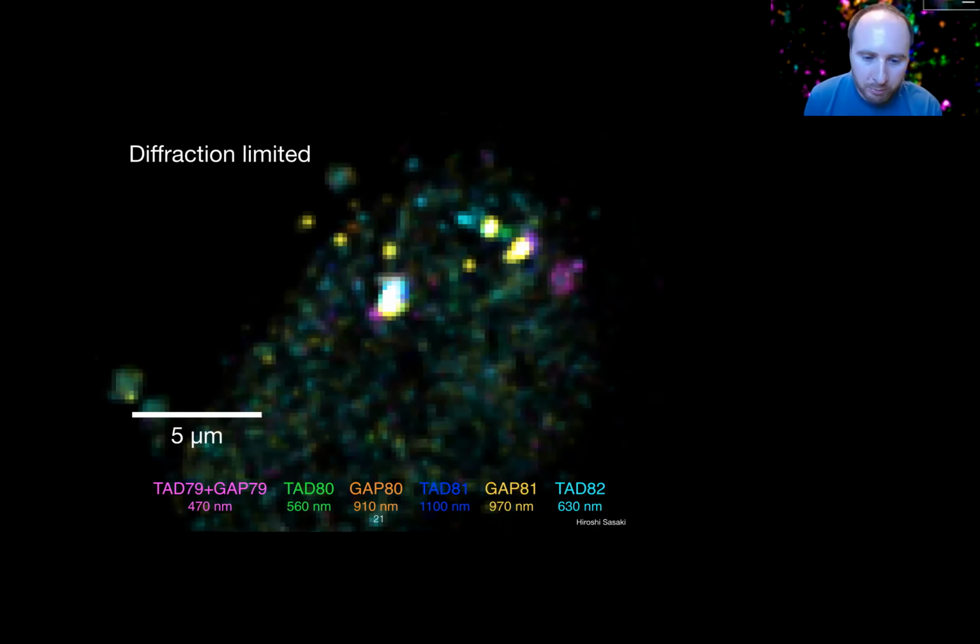So we went ahead and used the same multiplex approach to do 6-color imaging on, in this case, human tissue culture cells. So this is what the diffraction limited version of the imaging would look like. I have the labels down below at the bottom of the slide, and the number you see for nanometers is the focal height of the signal. So we just took a single 2D plane of a 3D object, where in this case, we were able to get the bulk, but not all of the signal. And as we moved down the chromosome, this actually moved a bit in 3D space.